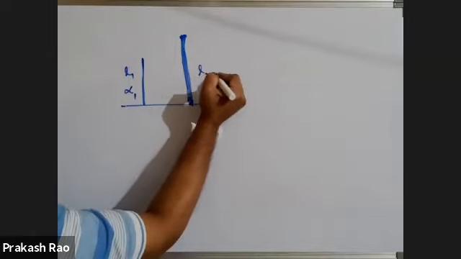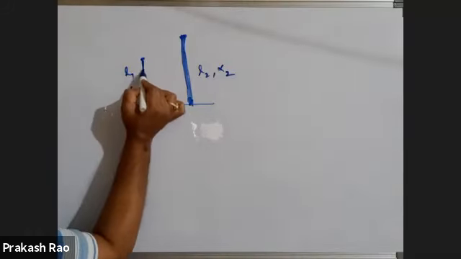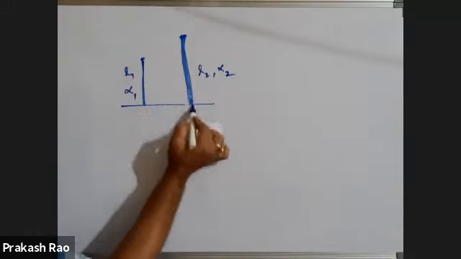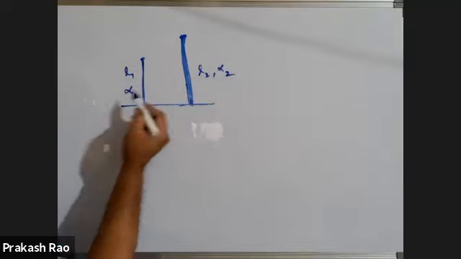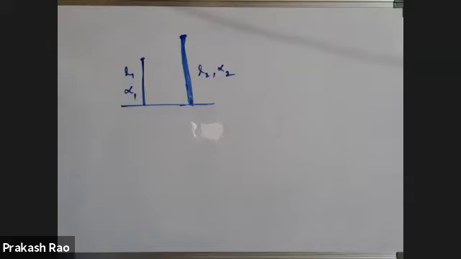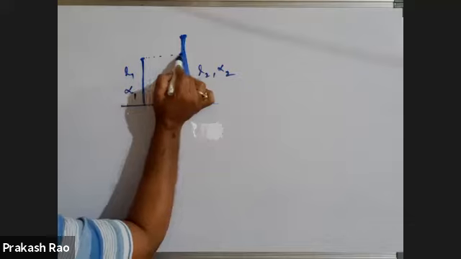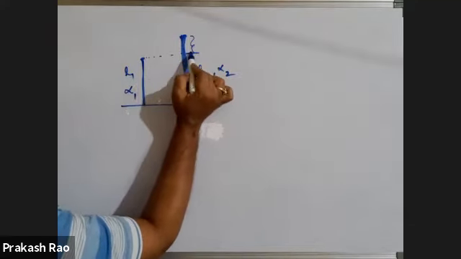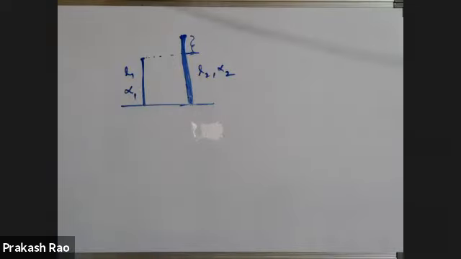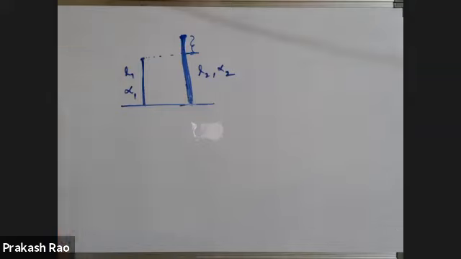Its length is L2 and its coefficient of linear expansion is alpha 2. I am considering two different rods having different lengths made with different materials. Different rods mean different materials only. So there is certain change in length between them. The second rod is this much length more than the first rod. This part is called change in length.